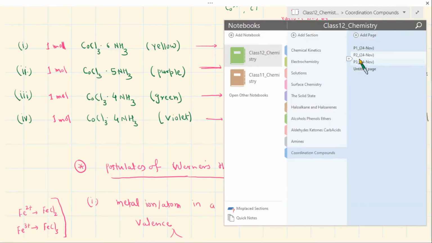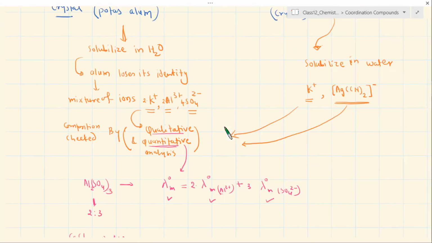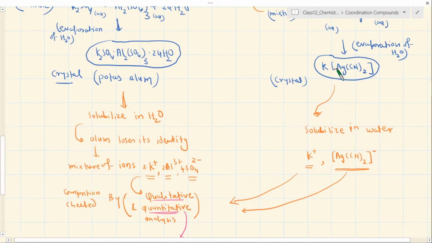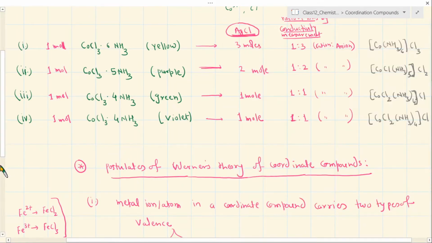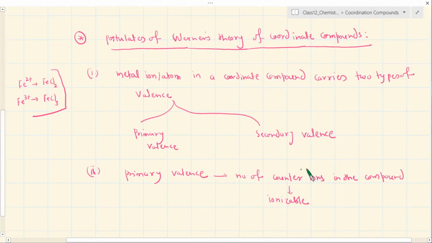But today we know there are compounds where you can have another situation, like the example that I gave you here. This complex compound which is formed here, if you look at, the counter ion is a positive ion and the complex ion or the coordinate ion is a negative ion. So it is another scenario. So don't get confused. I'm just trying to make you cognizant that in the book it is written that these counter ions which are created are mostly negative ions, only negative ions, as if that's the only thing which is possible, but that's not true. Okay, your counter ions are ionizable and they can be both anion or cation.